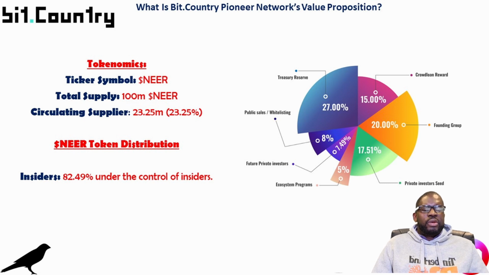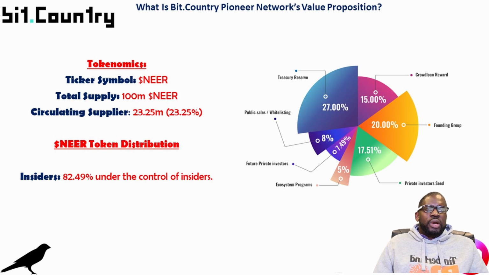Here at Search5.tv, when we're performing these DYOR risk evaluation activities like we are doing today for Bit.Country and this NEAR token, we also consider insider token allocation and insider token control as something that is crucial to the progress of the project, as well as how the public or the general investors are treated. Because when insiders control a certain percentage of the tokens, if it's too high, there is an element of abuse where insiders are offloading all their holdings, applying unnecessary pressure or excessive pressure to the price of the token that